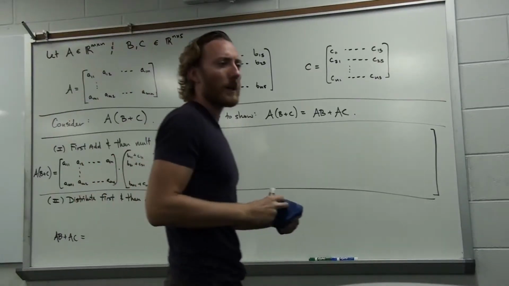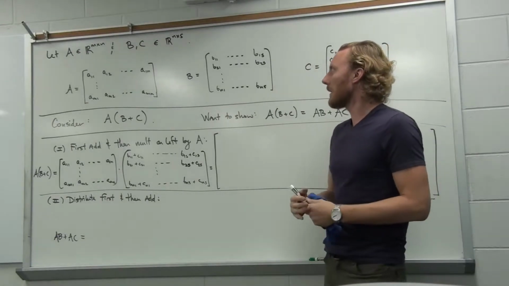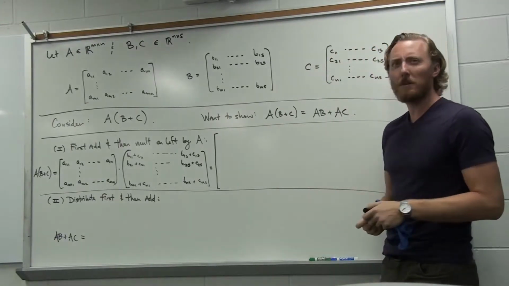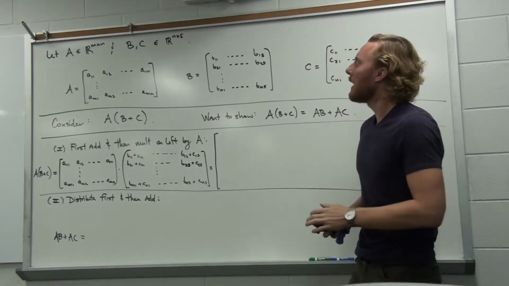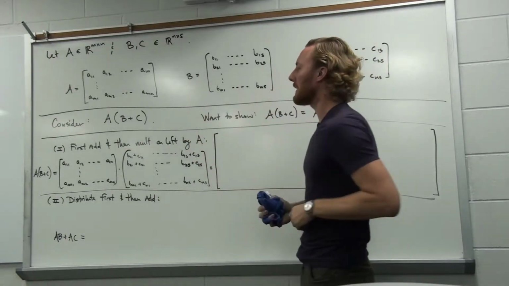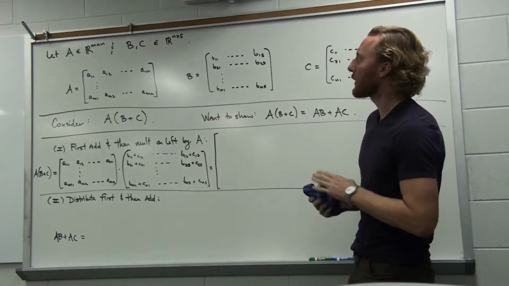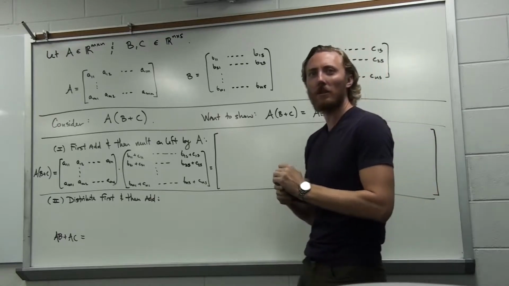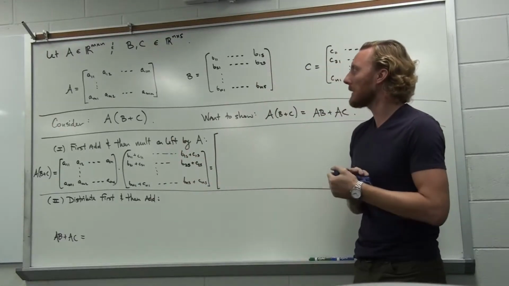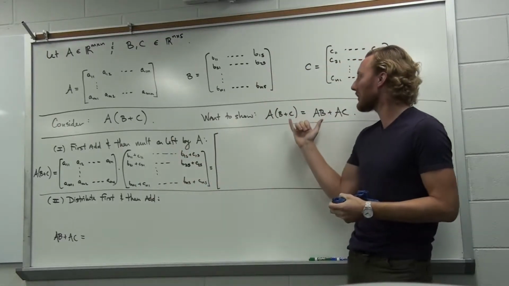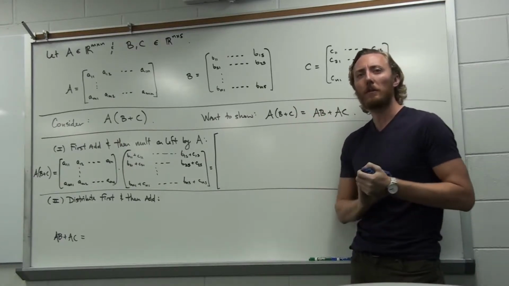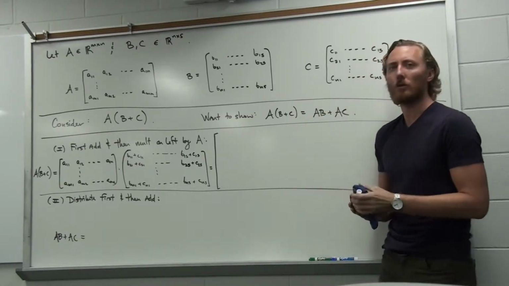Okay, so what we're going to show in this video is, in some sense, a computational property of matrices. We're going to have three matrices, A, B, and C. They're going to be chosen of the proper size so that they will multiply properly and add properly, but what we're ultimately going to show is that the distributive property for matrix multiplication holds,